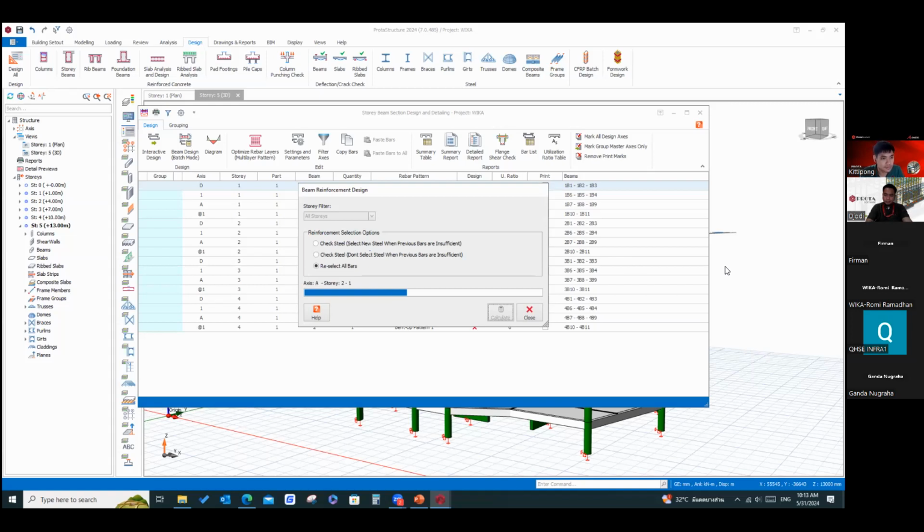Mr. Kitipong, sorry, can you show me the bending moment in the slab? After this, maybe after my calculation analysis. You mean you would like to see the moment in the slab, right? Yes. Okay. And not only on the slab, maybe in the shear wall too, the bending moment in the shear wall. Okay.